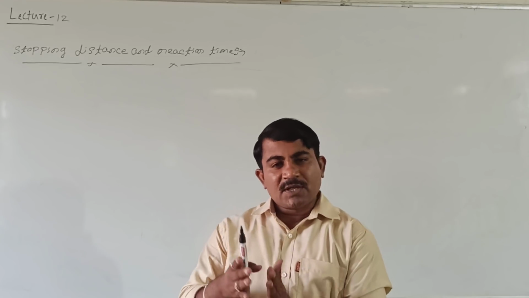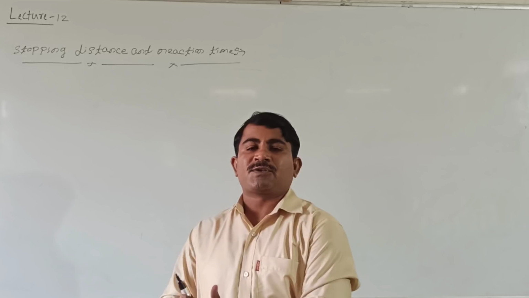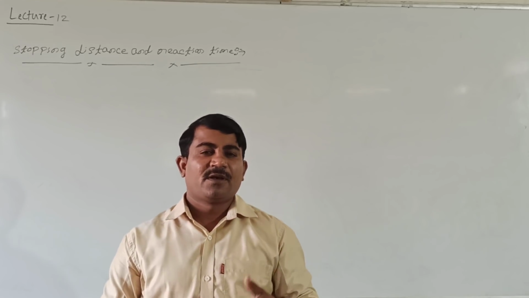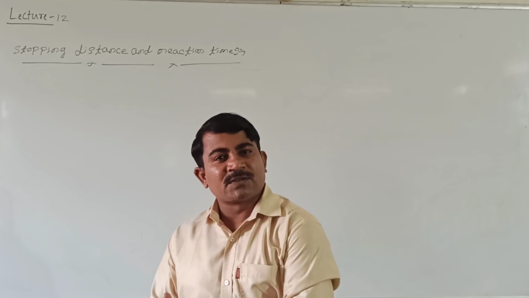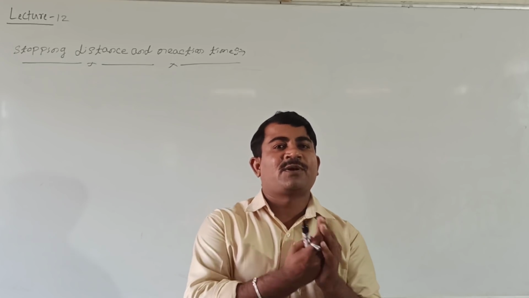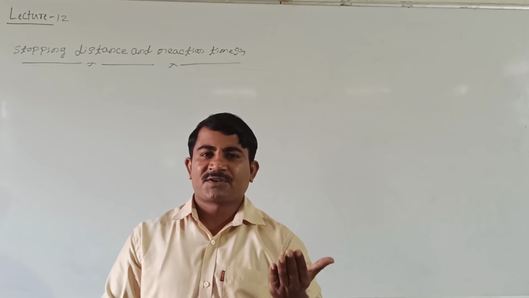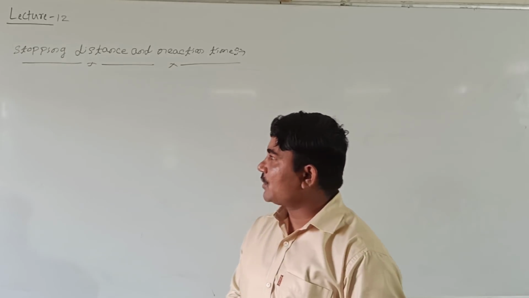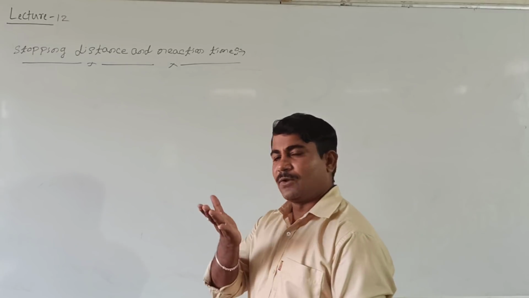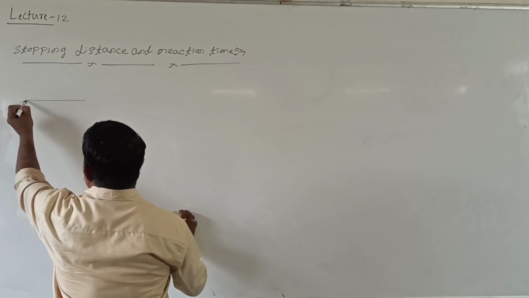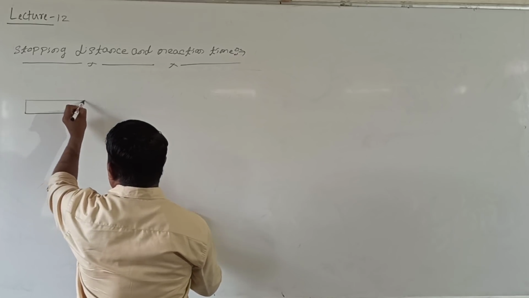I mean, the stopping distance phenomenon occurs only for negative acceleration, that is, retardation we are calling. Retardation means the final velocity of the body must be less than the initial velocity of the body. Then acceleration is negative. Right or wrong? Shall I take how the stopping distance can appear? Look at me. Let us take a vehicle. Are you following? This is a vehicle.